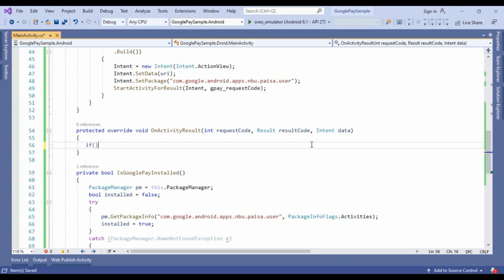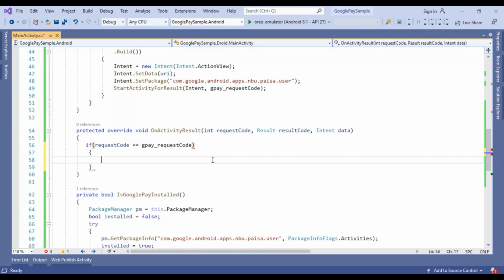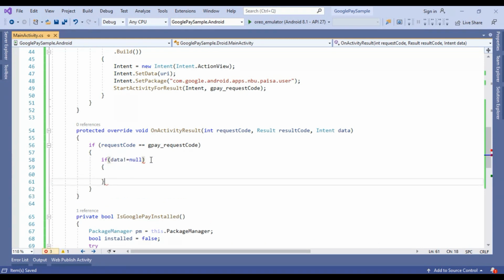So first of all we are going to check whether the request code is the same or not. If the request code equals the Google Pay request code, then first of all we need to check whether the data is null or not. If the data is not equal to null, then we are going to check whether the payment is a success or not.